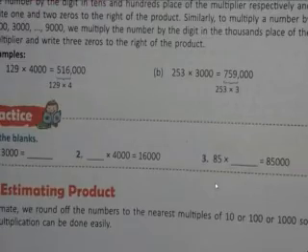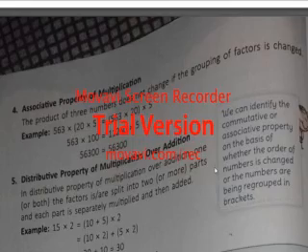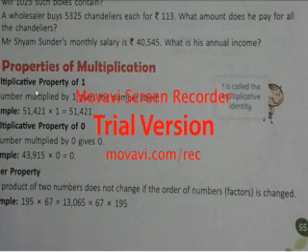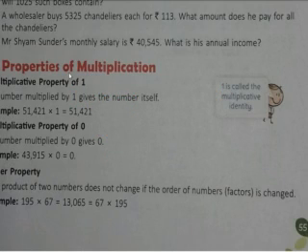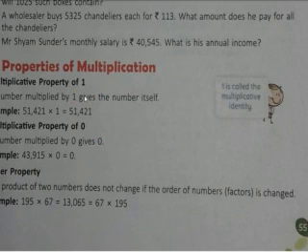And before starting 3E, there are some properties which I had said earlier that I will be explaining to you. You can see here it has been written properties of multiplication. Multiplicative property of 1. While explaining multiplication, I had said that when we multiply any number by 1, the result is the number itself. So 1 is known as the multiplicative identity of the number.